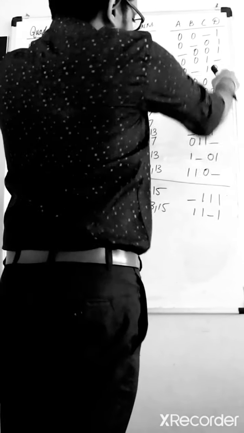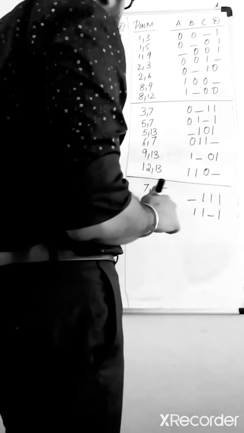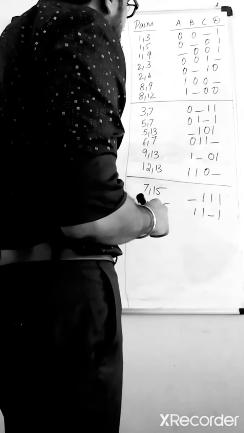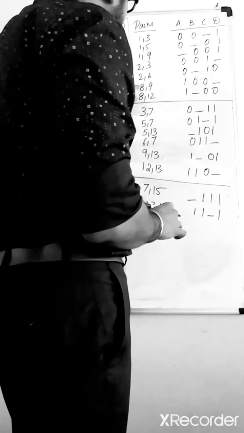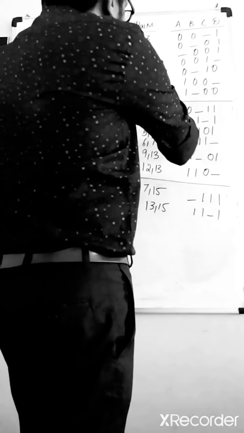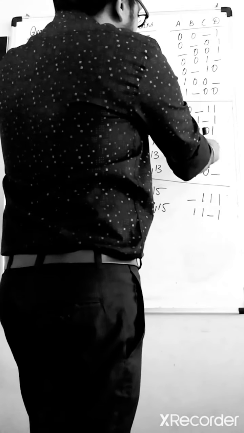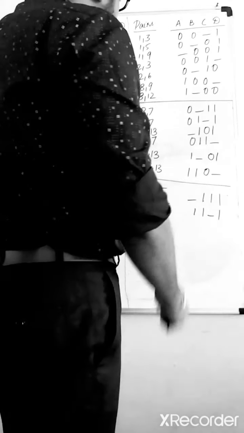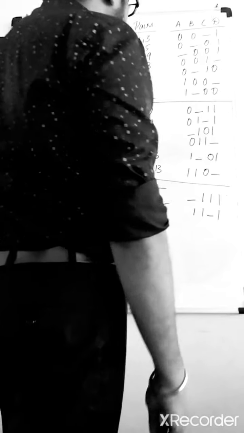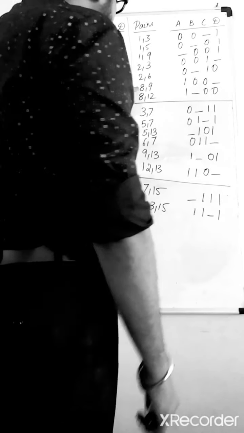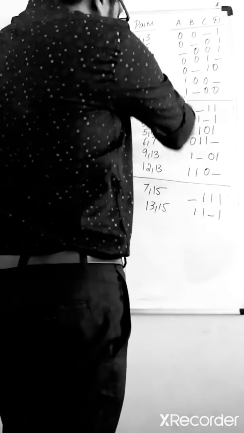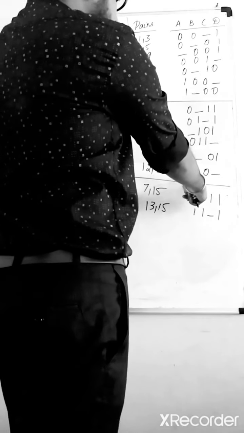Yeah, more than one change, so we can't use it. Now 2 6 12 13, not possible. 8 9 3 7, no. Look for values where there is one bit change. 8 9 6 7 also is not possible. Okay, we compare the rest of the values. 8 9 12 13. Is it possible?